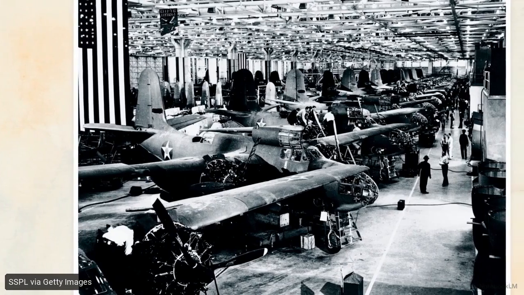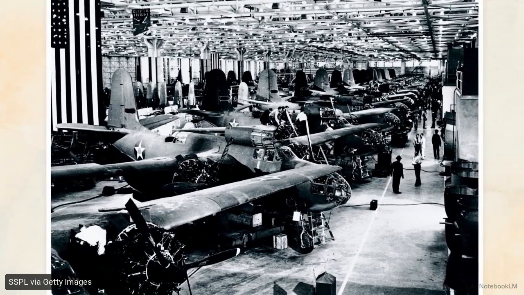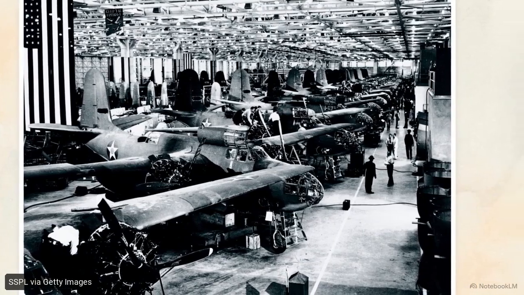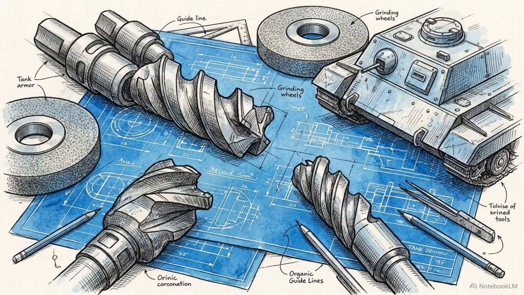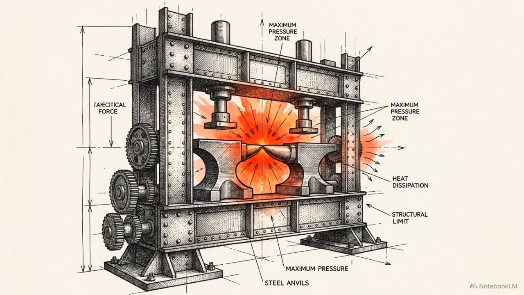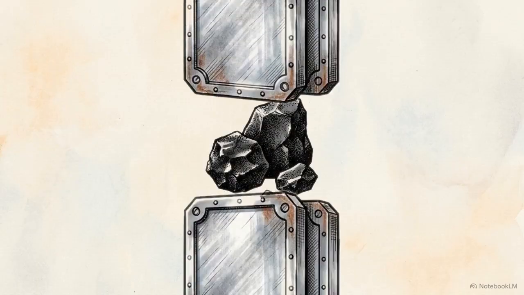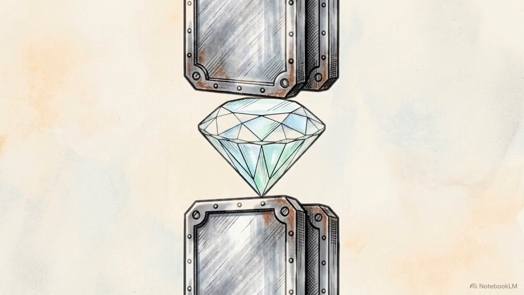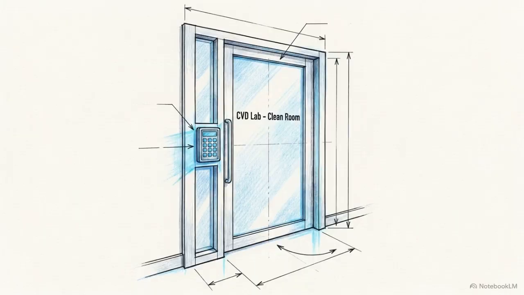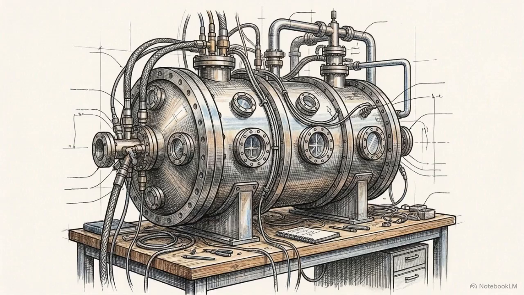After World War II, the United States military and aviation industries needed millions of carats of diamonds every year just to cut, drill, and grind parts for airplanes and armor. To meet that massive industrial demand, researchers tried to build their own. They built giant mechanical presses that mimicked the extreme weight and heat of the Earth's crust, literally squishing carbon together until it crystallized. That brute force, high-pressure method worked, but today they use an entirely different, far more elegant process